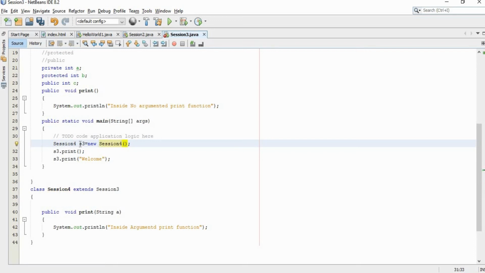If it is confusing, you can rename the object as S4 itself. Using this S4 object, I am calling the print function in the base class as well as the print function inside the derived class. Now run this program.